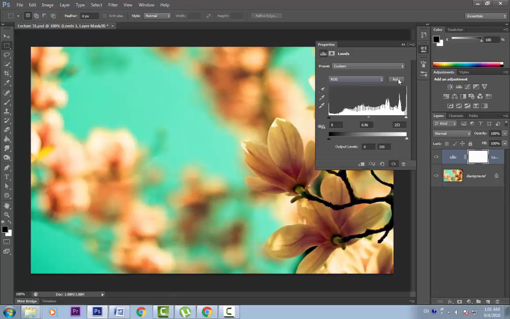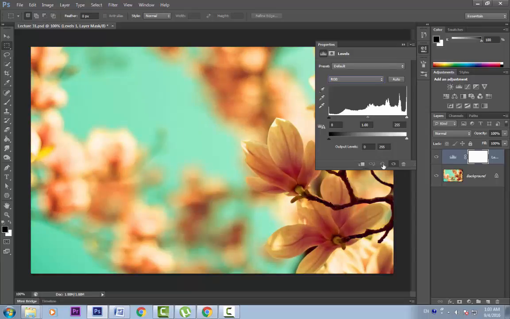We can also auto adjust the levels with this button. Suppose we have played with the sliders and not getting the desired effect, we can tell Photoshop to auto adjust the levels by clicking on this button here. It will adjust the levels on RGB as well as on all the individual channels. One trick is to use this as a starting point and then start tweaking these sliders a bit. If at any point you want to start all over again, click on this reset button and it will reset all the values to its default.